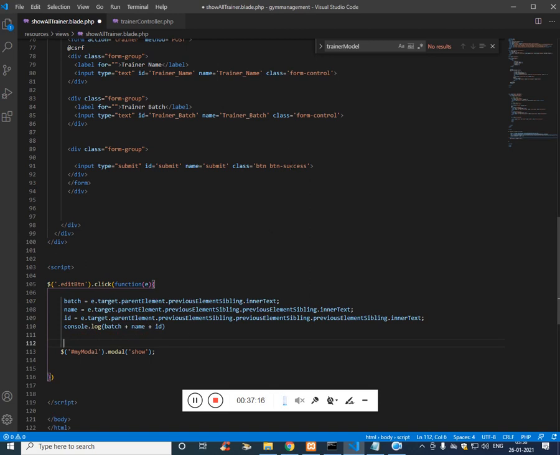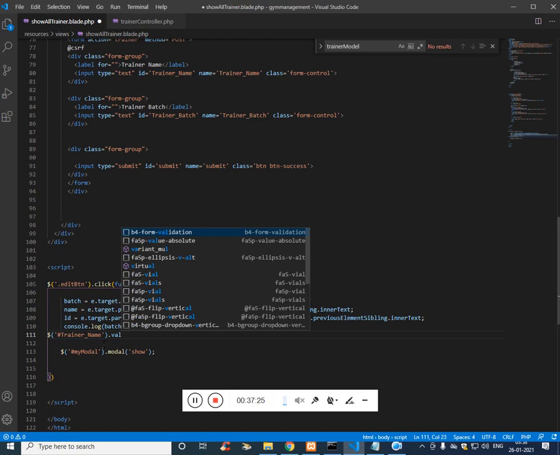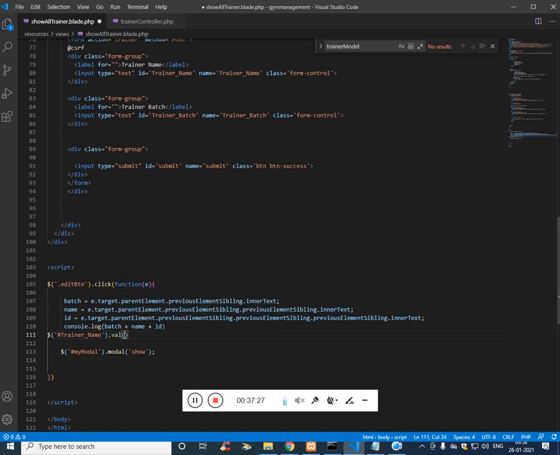Now I want to call this input field. I want to fill this, dot val. We have to pass the trainer name the same way. This is for trainer batch, and this is for, you don't have to use the id, trainer batch, and we have to call the form.